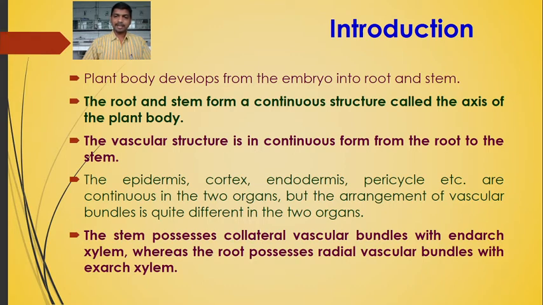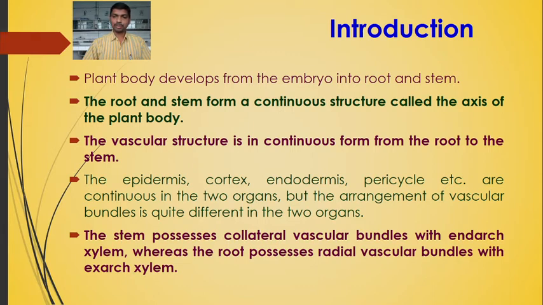The vascular bundle contains either xylem or phloem. So the xylem and the phloem are present alone in the vascular bundle, and the arrangement of the vascular bundle is radial, meaning xylem and phloem are present on alternate radii, with exarch xylem meaning protoxylem towards periphery and metaxylem towards center. So this is the exarch.